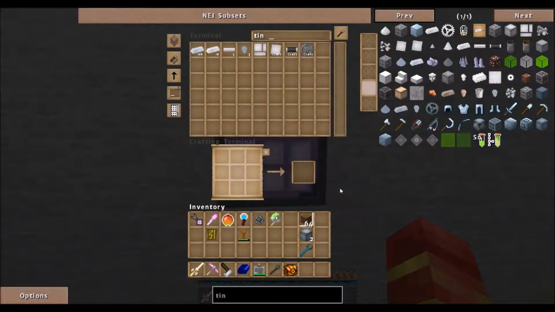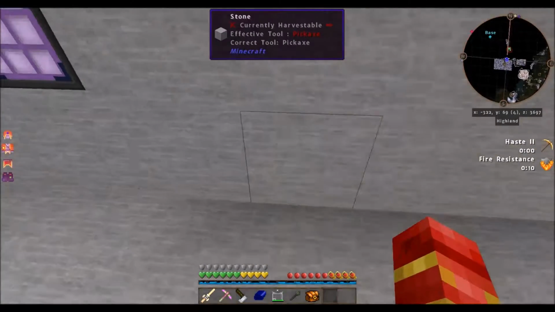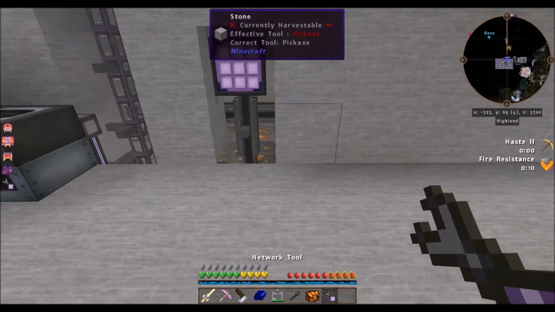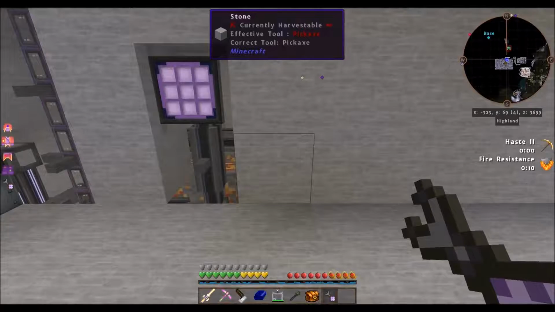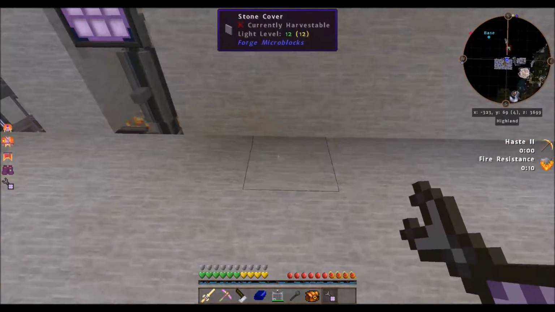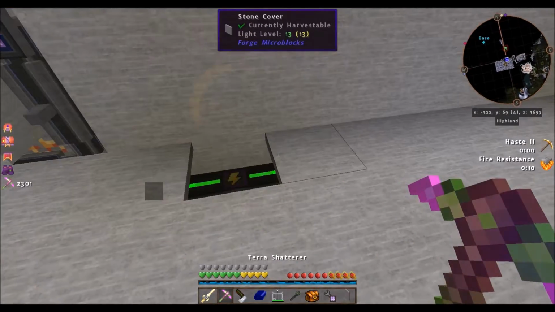And finally got two. So, as you can see, we will be right back. Still crafting. But while that's working, I'm going to go ahead and get out my network tool so I can see through the facades. Because one thing that I'm going to need to do is figure out how I'm setting this up. I'm thinking that somewhere in this little area here,